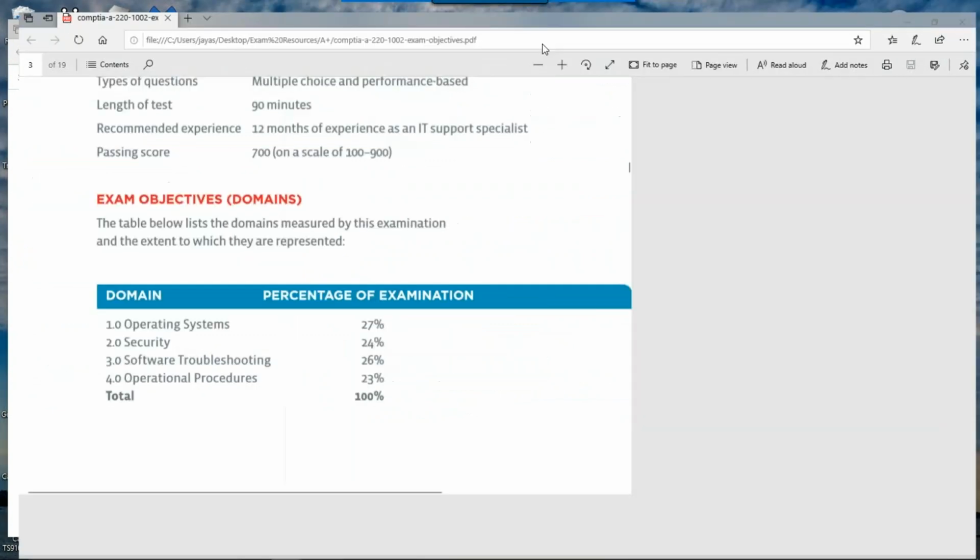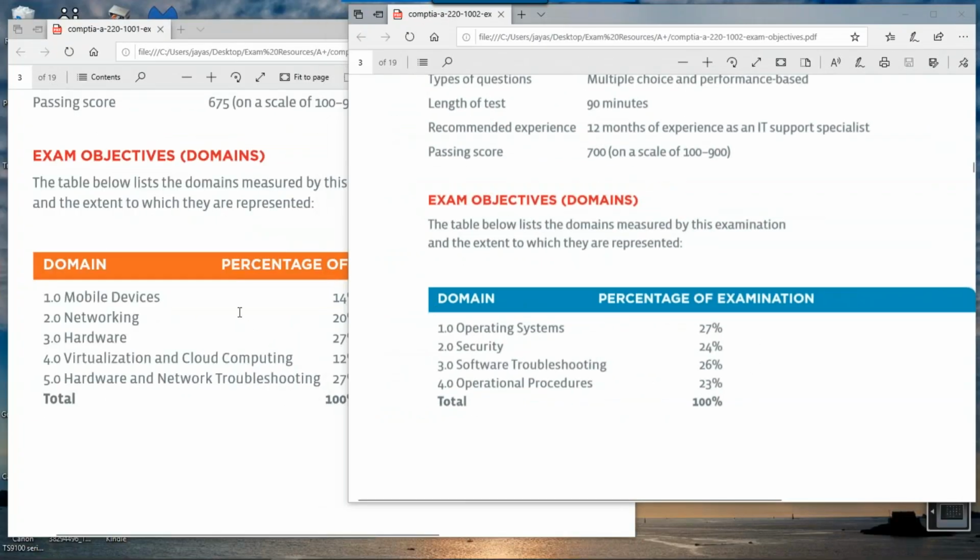But anyway, you can see here, this is what separates them, right? Networking hardware versus operating systems. This is more software troubleshooting. This is hardware troubleshooting. See? So instead of giving you all this on one exam, they split it into two, because it's just too much information to be responsible for.